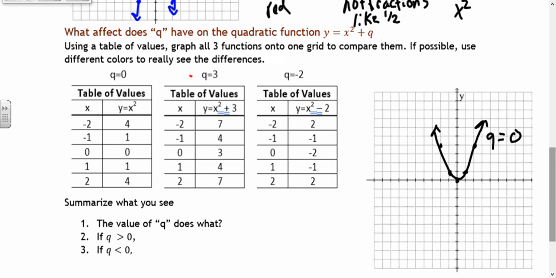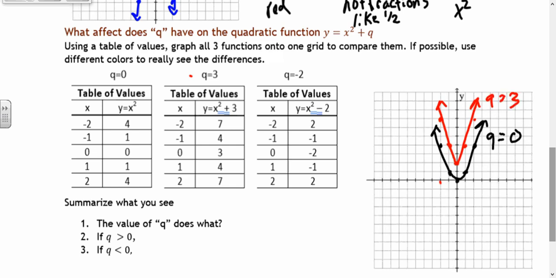So if I go to x is -2, it's going to go to 7. So instead of at 4, it's going to be 5, 6, 7. So we can see that dot move upwards by 3. -1 goes to 4. So 1, 2, 3, 4. Again, upwards, upwards, and upwards. So I think you can already see what effect Q will have on the graph, but let's confirm with a